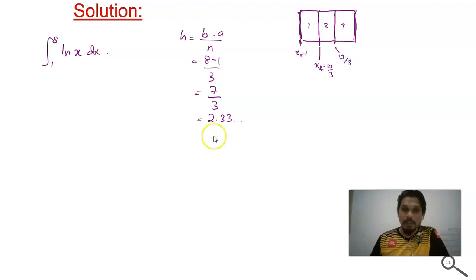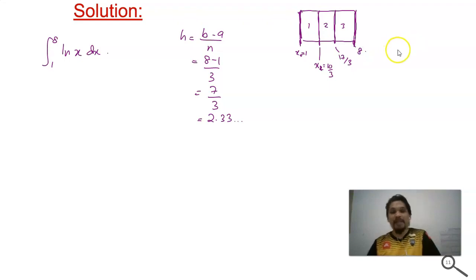And then plus another 7 over 3, then this one equal to 8. Okay. So now,